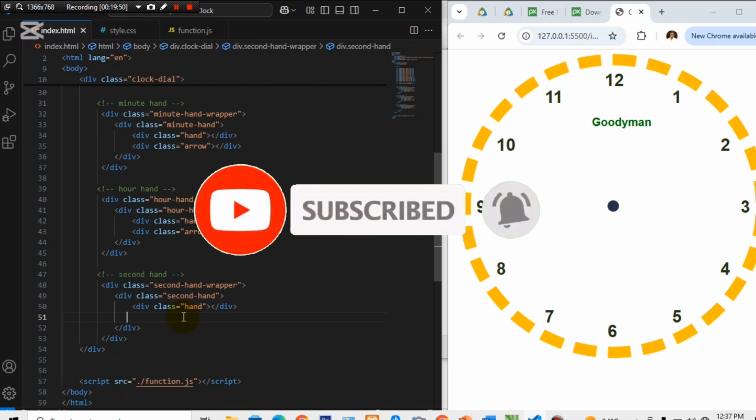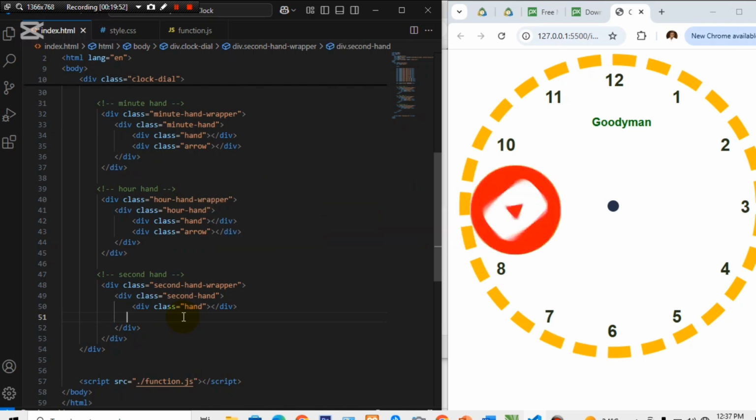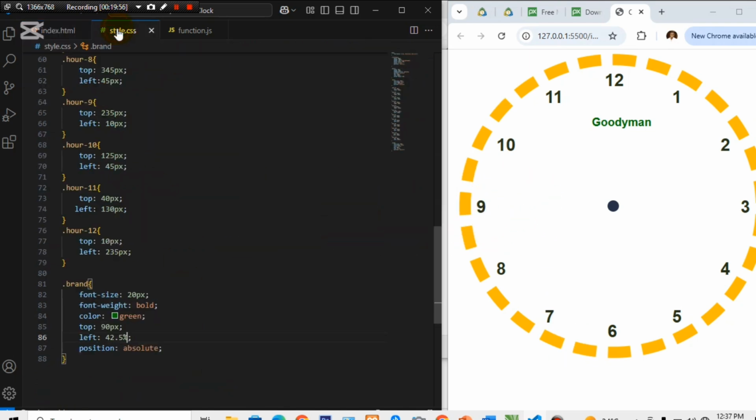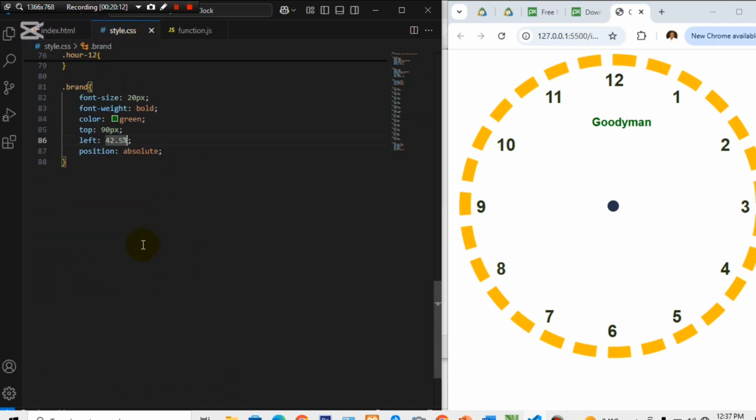So let's go on so we can finish this project ASAP. Now let's go over to our styling, our CSS, and complete our styling. So now we've finally done our clock and the handles and everything. Now let us style our minute hand, our hour hand, and our seconds hand. To achieve this is very simple. Just come down to this place and we're going to put our styling, minute hand